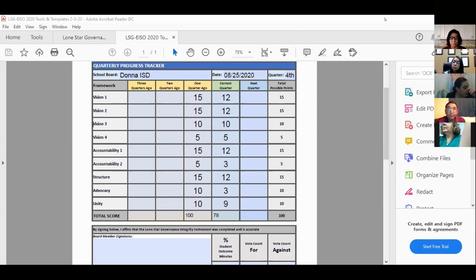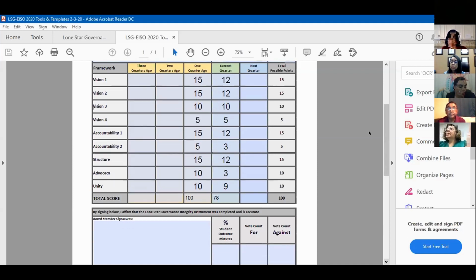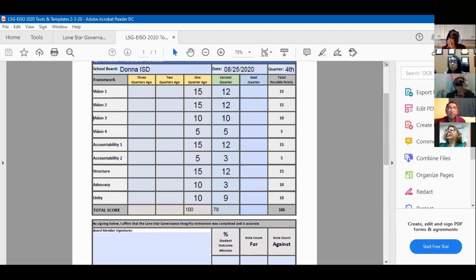Yeah. The other thing that Mr. Pettis talked about was the advocacy one. And when I was looking at that one, I looked particularly at the one that says, newly selected board members have received an orientation on Lone Star Governance by fellow board members or LSG coach prior to being seated. So given we know that an election is around the corner, I wanted to hear y'all's thoughts on offering some training to board candidates before they go and get seated. So I wanted to hear your thoughts on that one under advocacy.